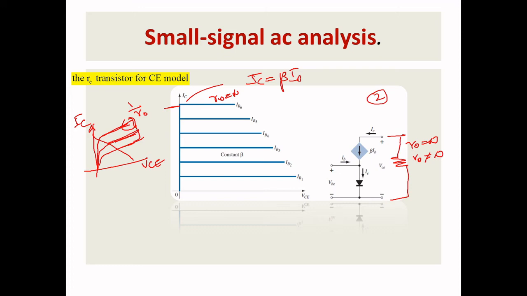Basically, the current will not flow through this resistor because the impedance is large. Most of the time, it will be represented by an open circuit. That's why here also R naught is not represented. But if you want to analyze more precisely, R naught is to be included with a finite amount of resistance, especially in the common emitter configuration, because there you have some slope. You will not have this flat end. It was an approximated diagram actually, and to justify this diagram, they have approximated. So step 2 is over.